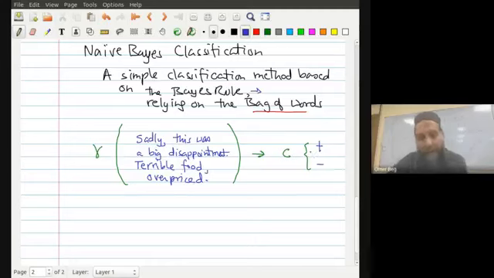So we are right now looking at the simple classification technique, which is binary classification, classifying documents into two classes. Although this can be extrapolated to multiple classes, to multi-label classification, and I'm going to talk about that a couple of lectures down. But today we are going to be looking at binary classification.